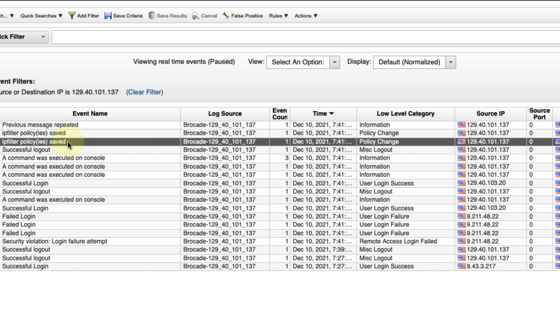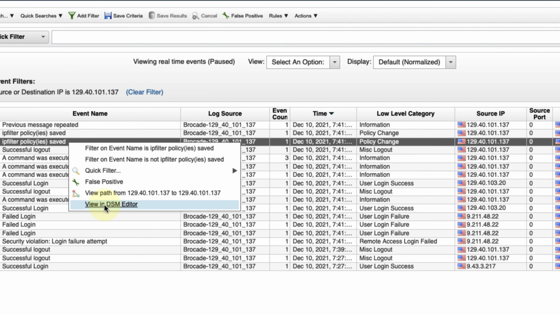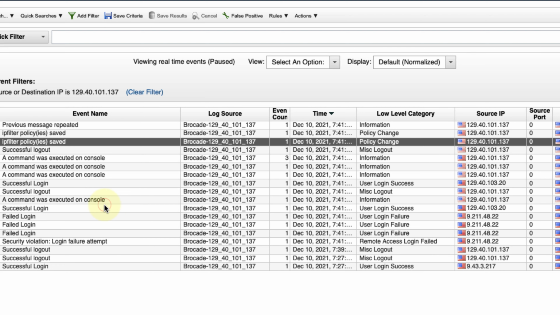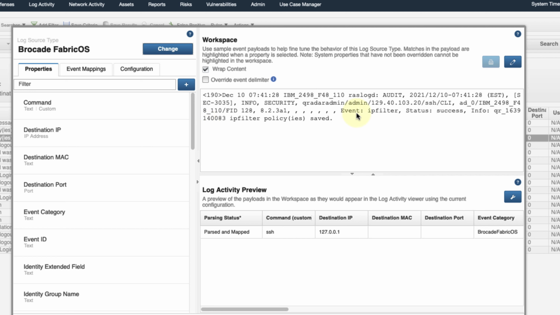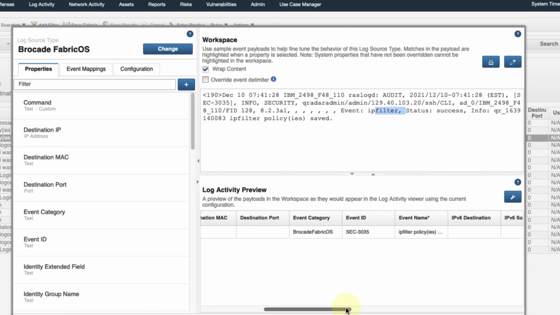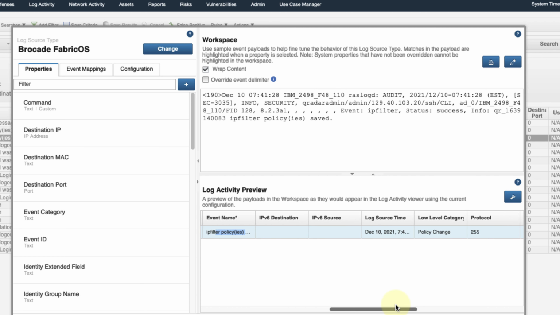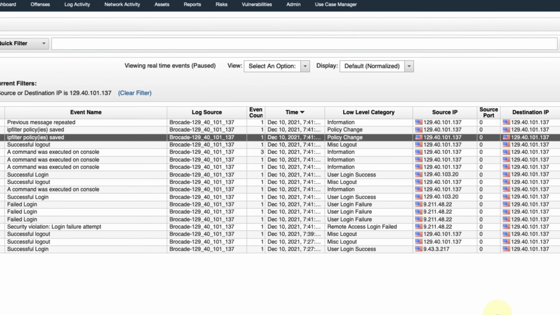about that. I can do that by going into what's called the DSM editor inside QRadar. So we're going to dive in deeper now on the demo about how and why what just happened. As you can see, this is a FOSS message where I said, okay, this IP filter, I'm going to update it. It can take a look at all those particular messages, and it parsed and mapped it properly. So this is all from syslog. We're going to go into a little bit more of the detail of the setup next, but this is the actual command that was updated that actually blocked me from getting into the switch.